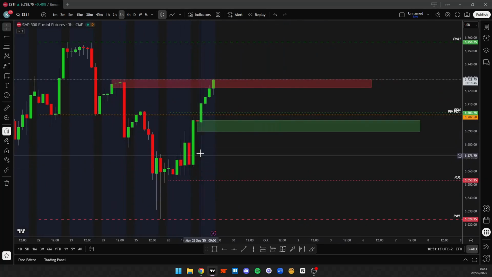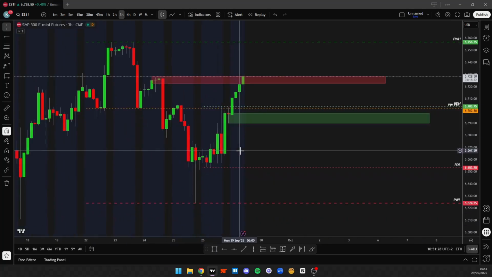Now we have this level right here where you can see price was consolidating a lot, then made a base, did an engulf. There is some follow through. Obviously there's not follow through because of this candle, but over here there is. So we might have to look at this area as well, but we'll still have to look on the lower